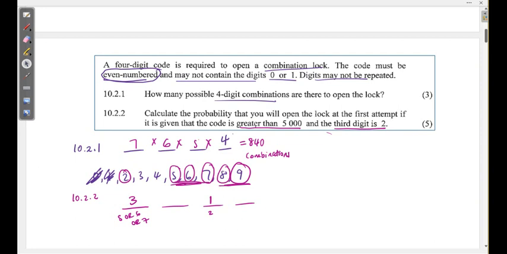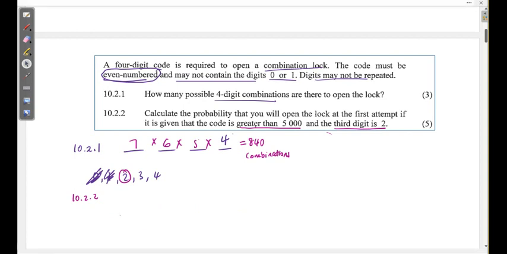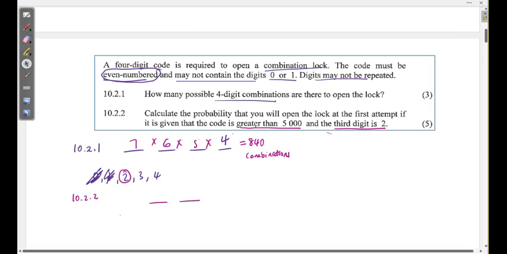Let's see. Let me see something here. 1, 2, 3, 4, 5, 6, 7. Okay, and then here we can have, if it's one of those, it could be a 5, a 6, or a 7. So it means that, let me write it properly, good people. Let me not confuse you. This probability is something else, but then it's nice. So what I'm saying is that you have 1, 2, 3, 4, and then the third digit must be a 2. For sure here you must put a 2. However, for this